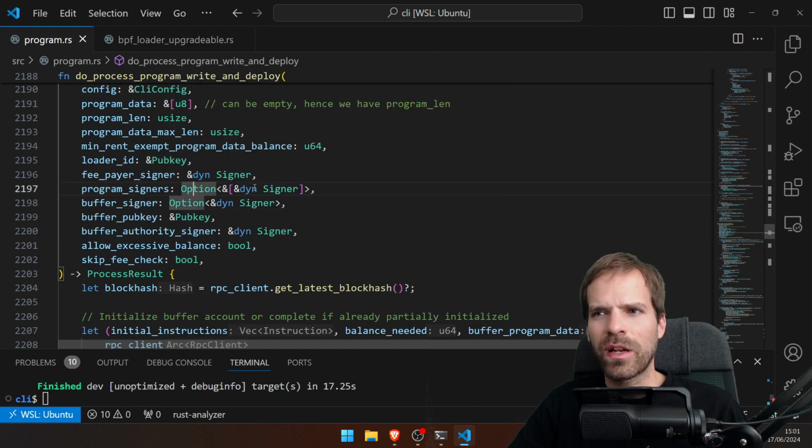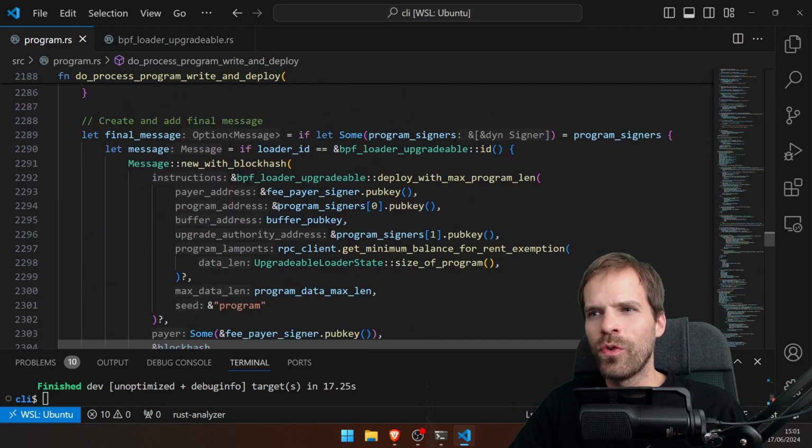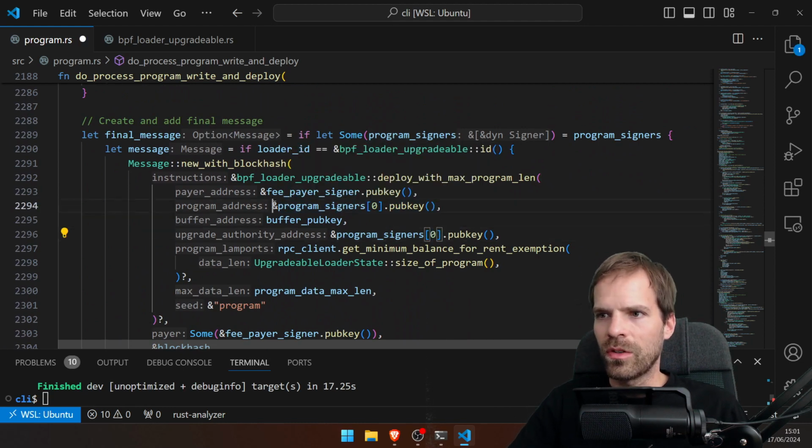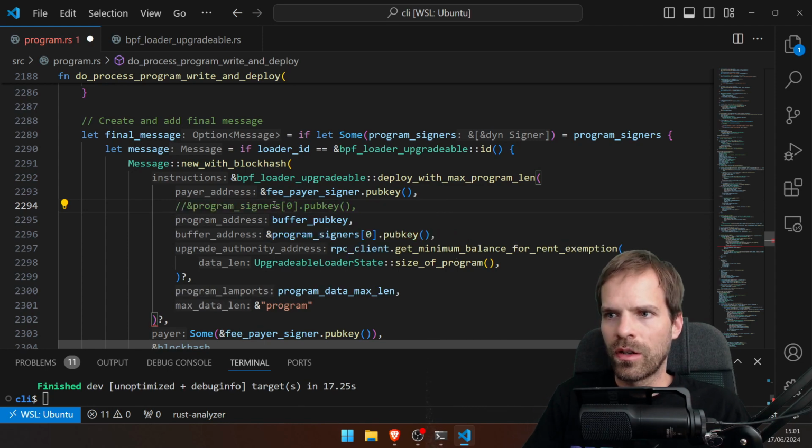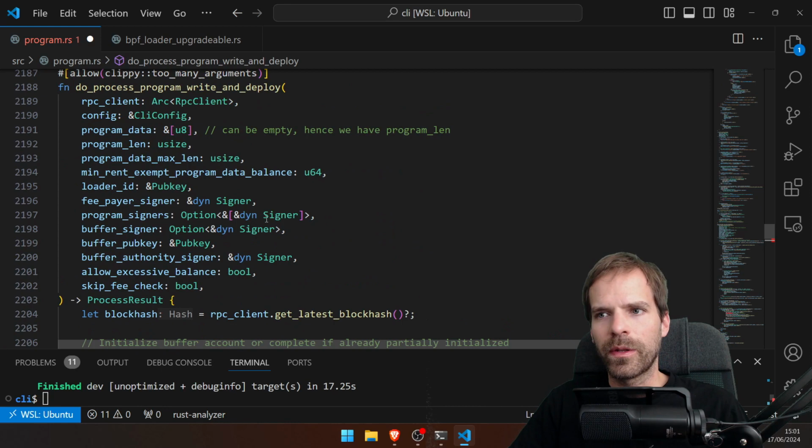Leave it the same. I leave it as this option of this slice of signers, but I will remove this one, the first one, as the program address. I'm gonna change this to 0, remove you from here, and here take a program address that I will pass in